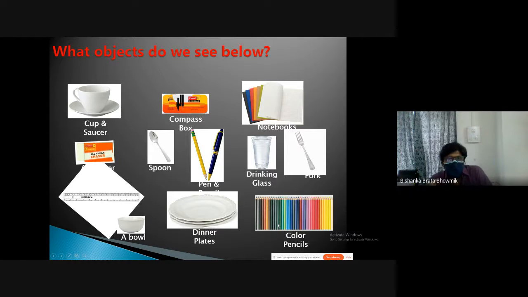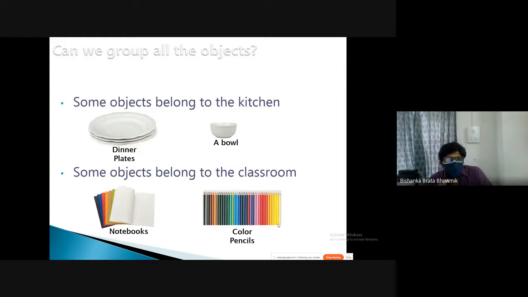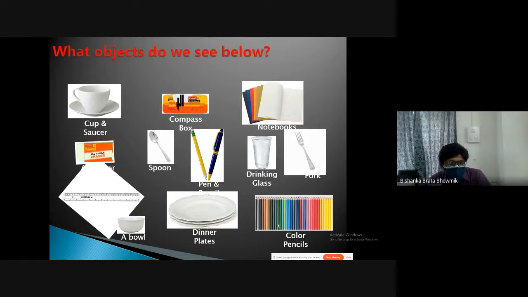Now you can give them some attribute like which belong to the classroom, which belong to your dinner table or kitchen, right? By giving them this option, they should be able to segregate or classify these particular objects.